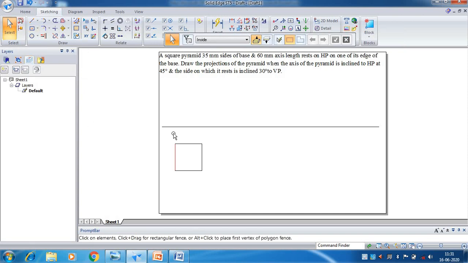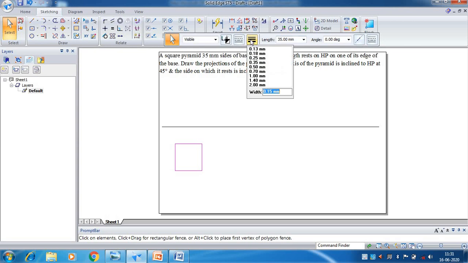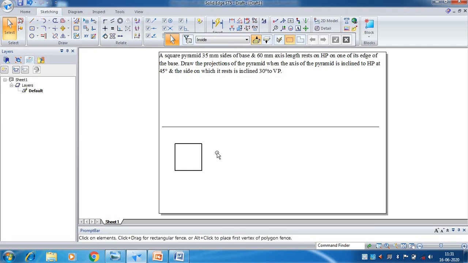But this is the actual view, so the thickness of this view should be 0.5 mm. So now only the half portion is over, that is, you have constructed the outermost boundary. As I explained earlier, along with this square you need to project those slant faces. When you are looking from the top, those edges will look like diagonals.